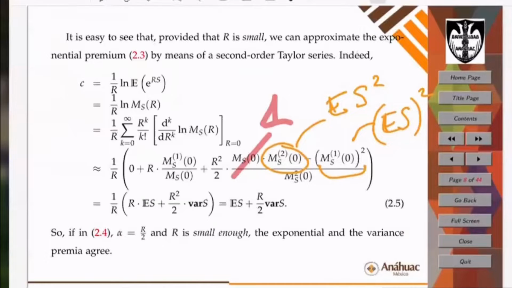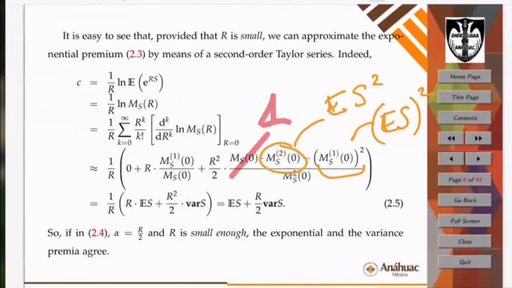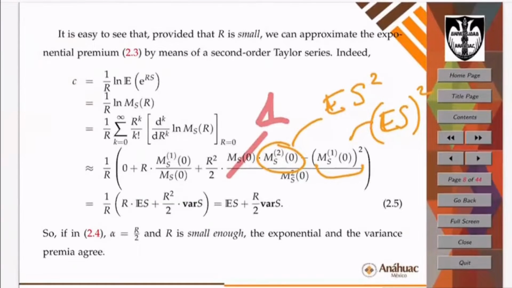During the last lesson, we were learning that if we have an exponential premium, which is an expression given by this thing here, then we can turn that exponential premium into a variance premium by writing alpha equal to the adjustment coefficient divided by 2. Okay. So in the expression for the variance premium, we will be able to say that doubling the loading factor alpha yields as a result a decrease in the upper bound for the ruin probability from epsilon to